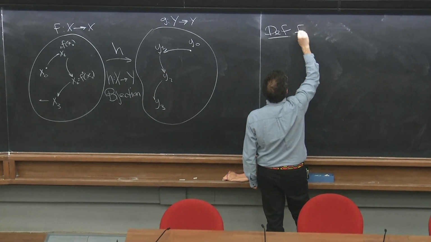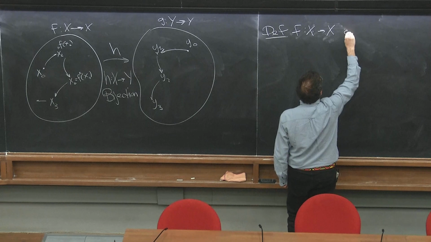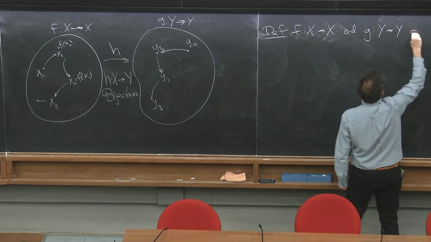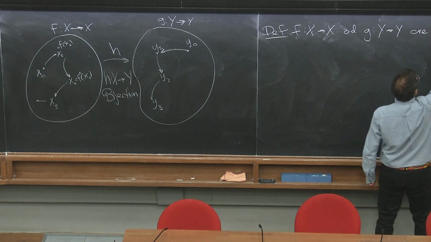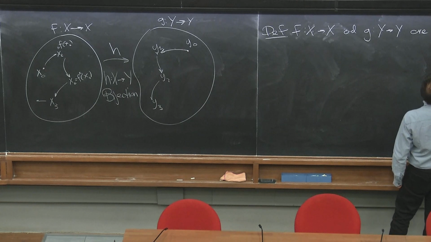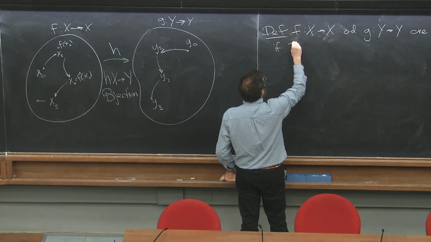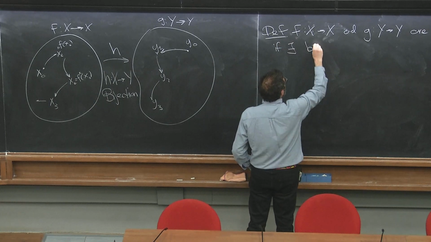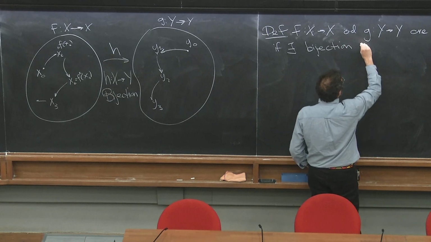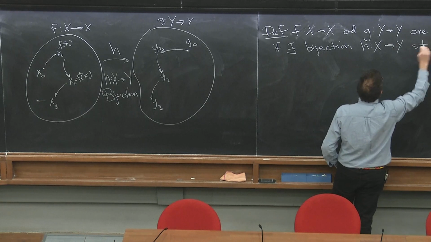So F from x to x and G from y to y are conjugate, as Luba said, if there exists a bijection H from x to y such that,